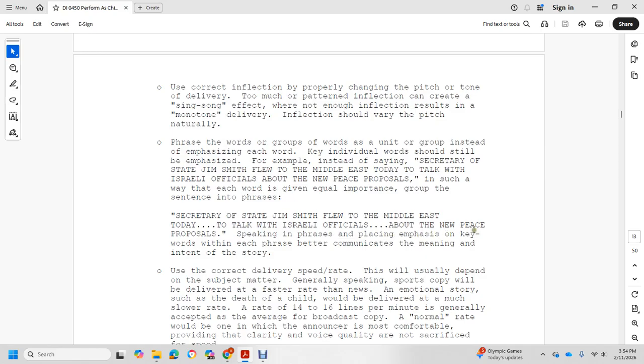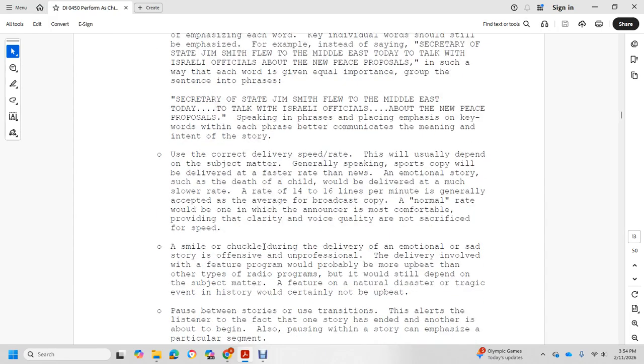Speaking in phrases and placing emphasis on keywords within each phrase better communicates the intent of the story. Use the correct delivery speed, usually depending on the subject matter. Generally, speak with sports copy at a faster rate than the news. Emotional stories such as the death of a child will be delivered at a much slower rate,